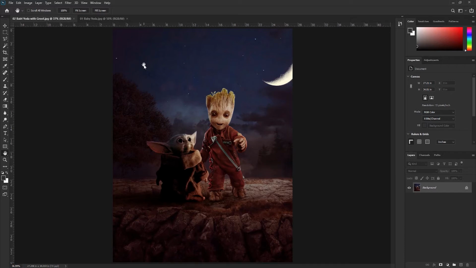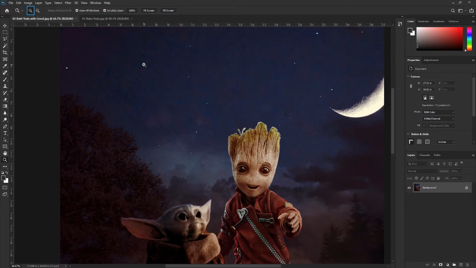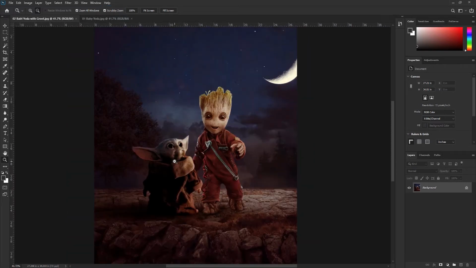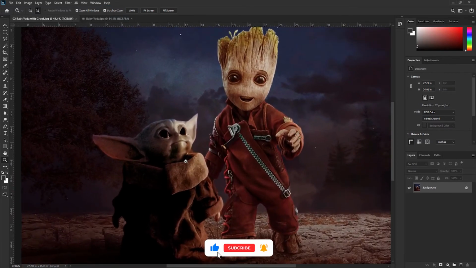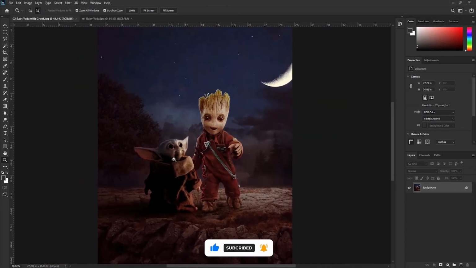Alright, we can also zoom in using the Zoom tool. So I'll tap Z to select the Zoom tool. And every time I click in the image area, Photoshop will zoom in. That's because by default, Photoshop gives me the zoom in. If I hold down the Alt key, or if I just select the next icon in the options bar and I click, now I am going to zoom out. But you can also use what's called scrubby zoom. As I click and drag to the right, you can see that I am zooming in. And if I click and drag to the left, then I am zooming out.